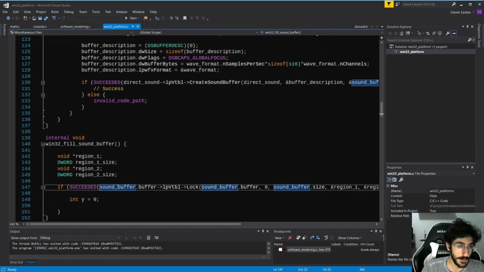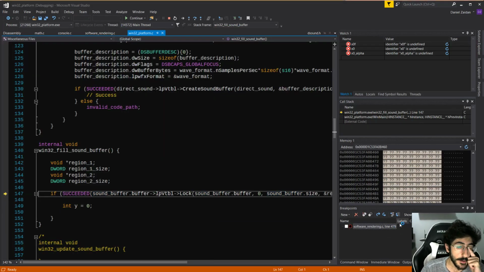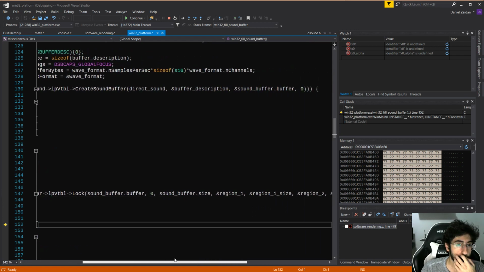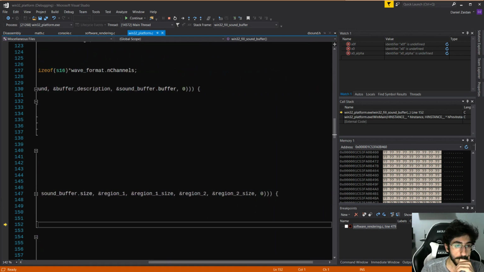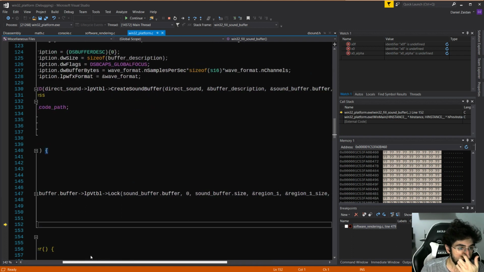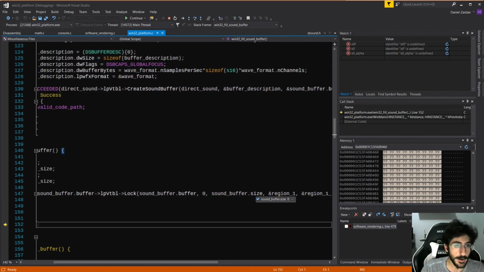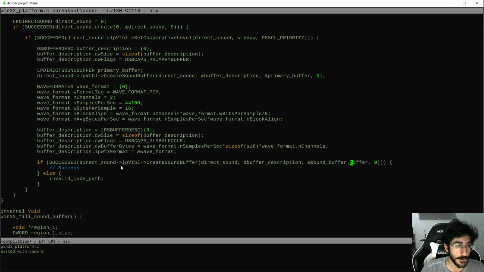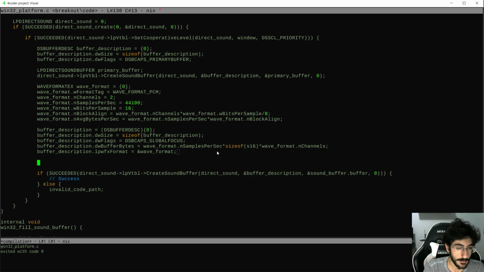Okay, and we failed again, but at least we didn't crash. Not sure that was good or not. Okay, so we're asking to lock, and it failed the call. Well, we are asking 0 bytes, right? So I can't argue with that. So let's do some of the sound buffer. Filling sound buffer dot size is going to be equal to